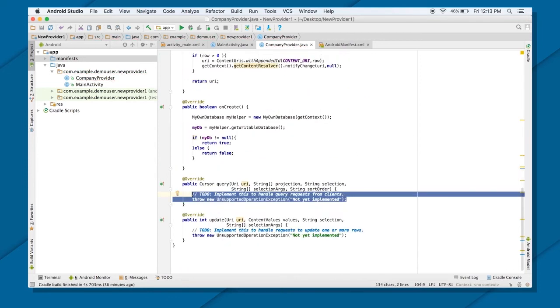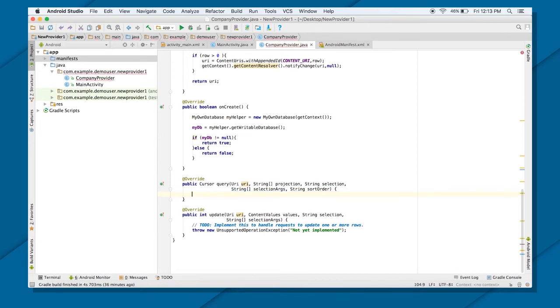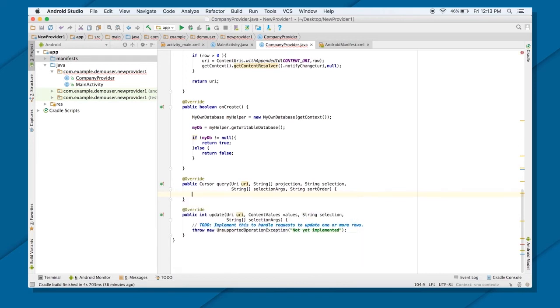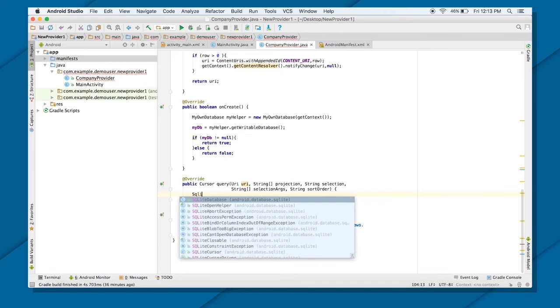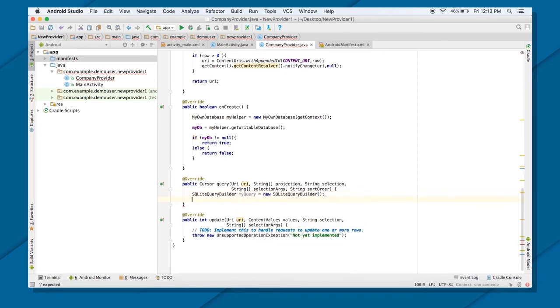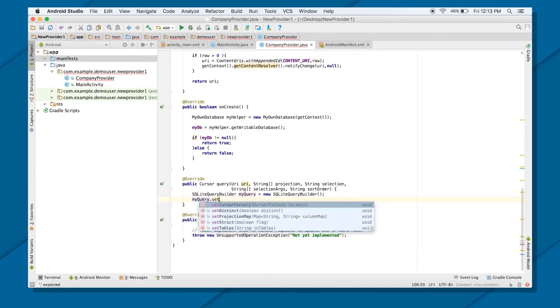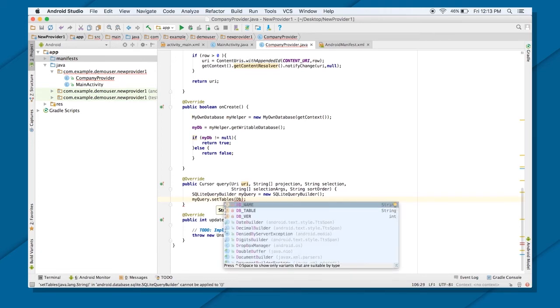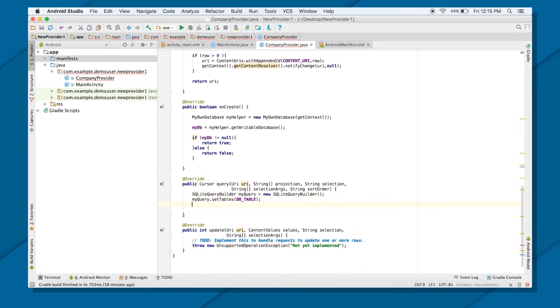Great. So that was inserting. If I want to get the data back, I will come into query. I want to build a query, so I will be putting SQLiteQueryBuilder. This class object will give me access to build my query in parts also. New SQLiteQueryBuilder. Now, first I will add the tables here. So I can do set tables. And what is the table I'm setting here? DB table name. Now we have set the table.